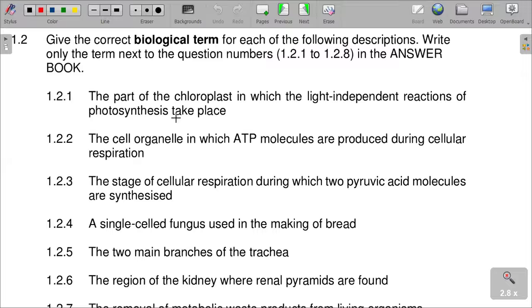The part of the chloroplast in which the light independent reactions of photosynthesis take place is the stroma. I'm sure this question is repeating. We once answered it also in the previous paper that we did here. Next question,